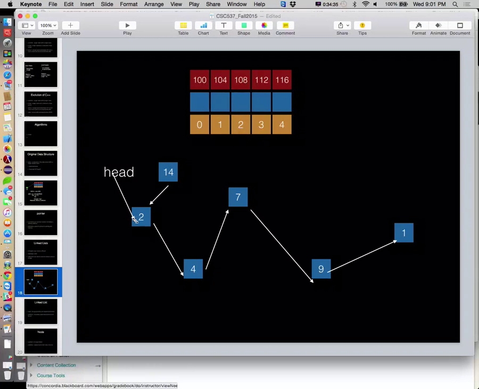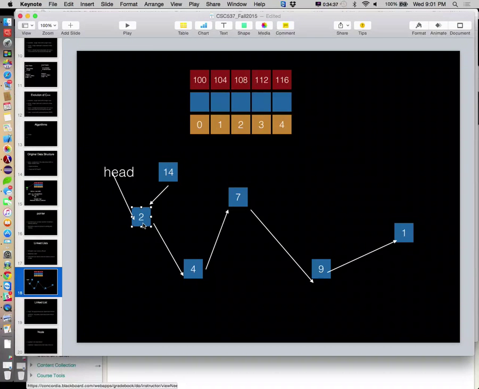When I say head points here, this guy has a memory address. Okay, let's say this is memory address 100 for our little example here. So this guy actually has a memory address where he lives. When we say head points there, what we're actually saying is head holds a value, and the value head holds is equal to the memory address where this guy is.